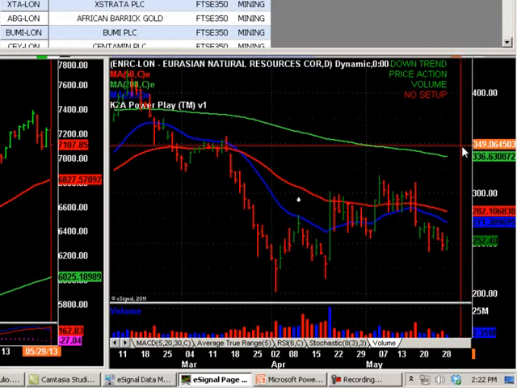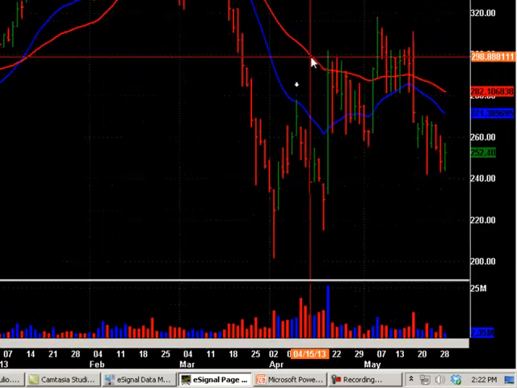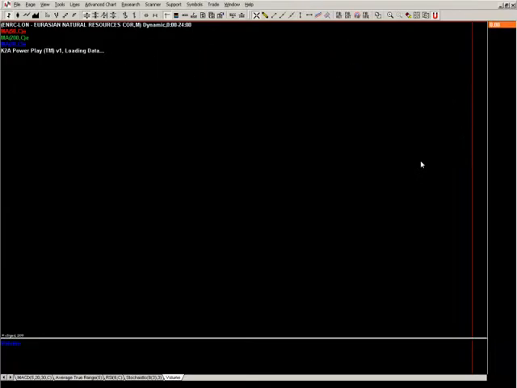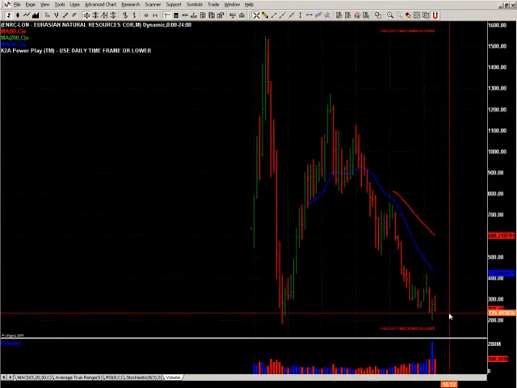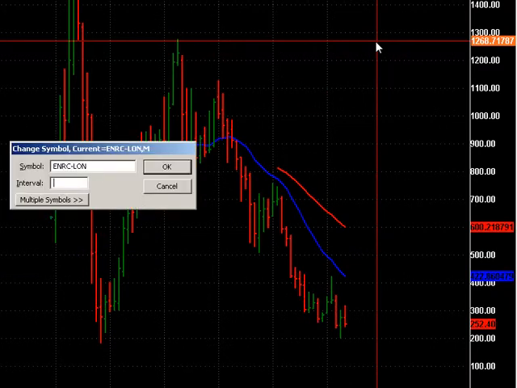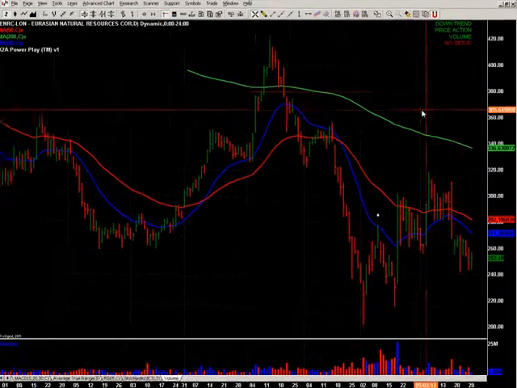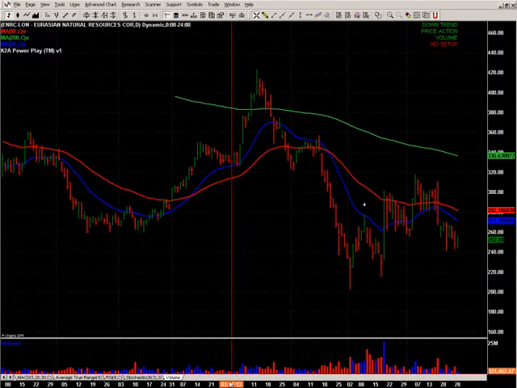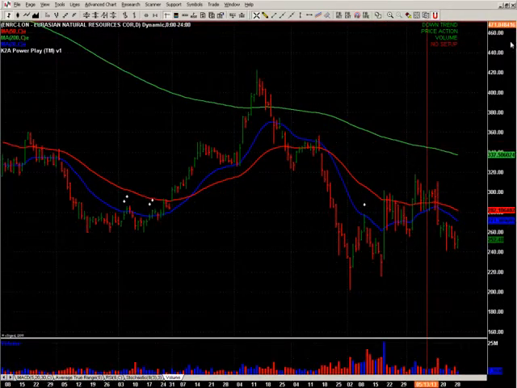We've got Eurasian Natural Resources, which, if you look at the monthly chart, is right at the bottom as well. Big move ahead. Although this company is going to be taken out from the FTSE 100 together with some other companies. So I'm going to keep an eye on it and see.